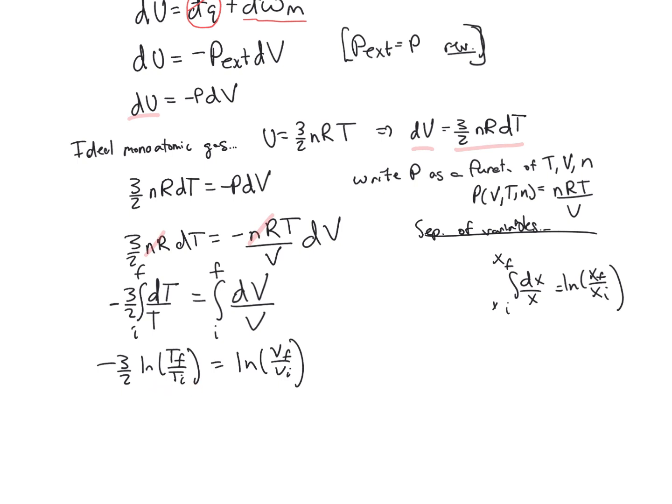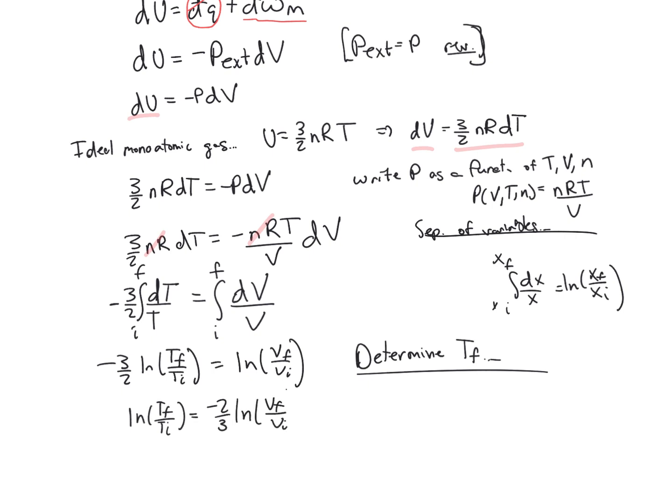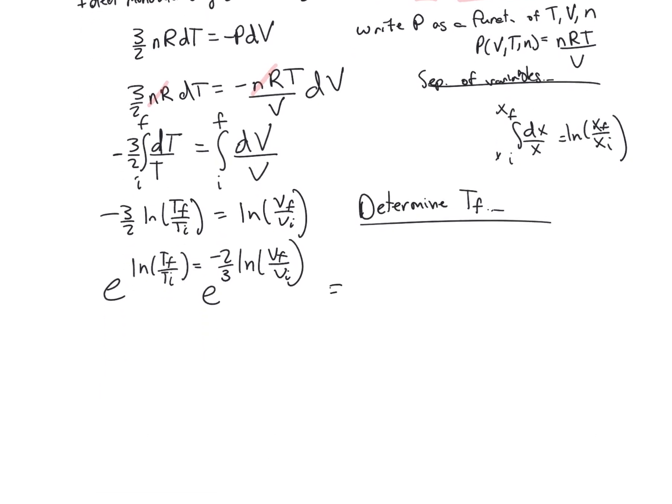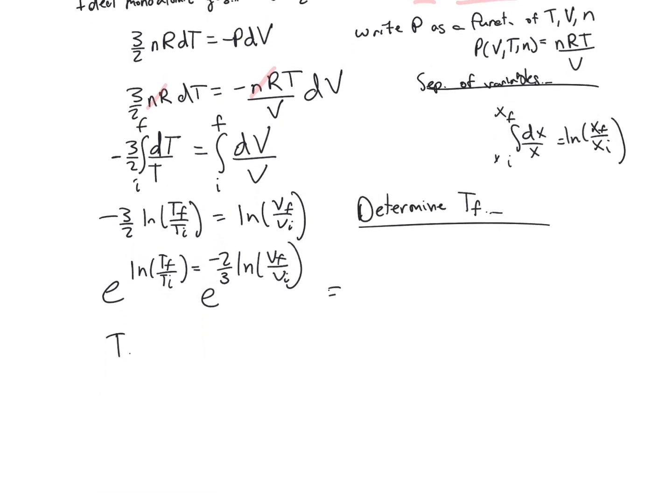And that's basically what we need here. I know the initial temperature, I know the initial and final volumes, and then that will let me calculate the final temperature here. To do that, I'll first isolate the tf over ti. So we get ln tf over ti is negative 2/3 ln vf over vi. Then I can take e to both sides there. When I do that, I get tf over ti is equal to,